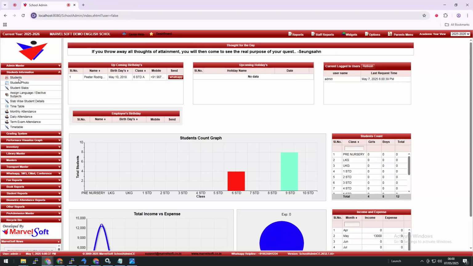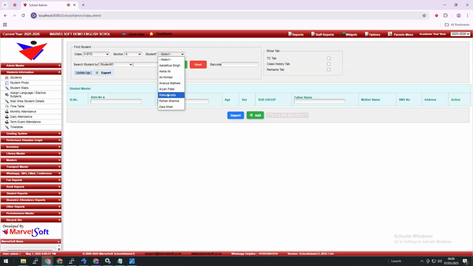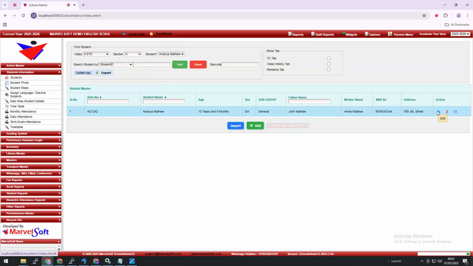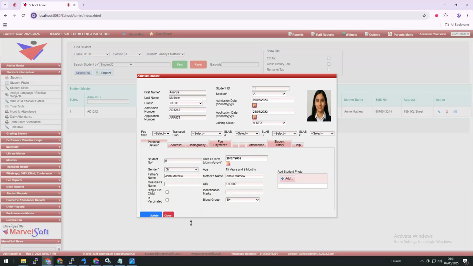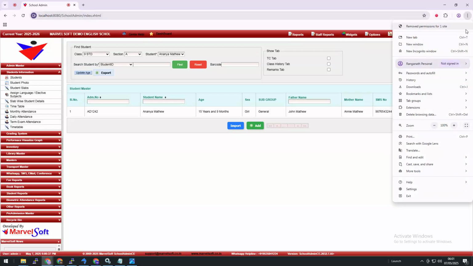I'll go to student information. We select the ninth standard, same student, and Anya Matthew. So the updated photo must be available. We can see that it is available. In some cases, due to browser caching, if the photos are not getting saved or the latest updated photo is